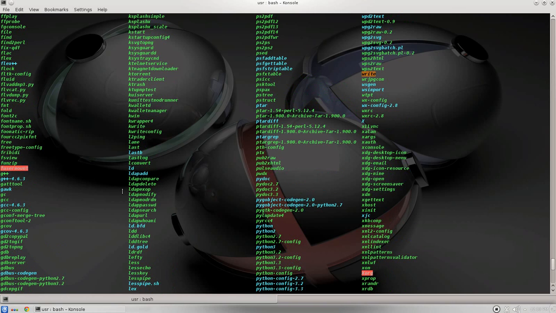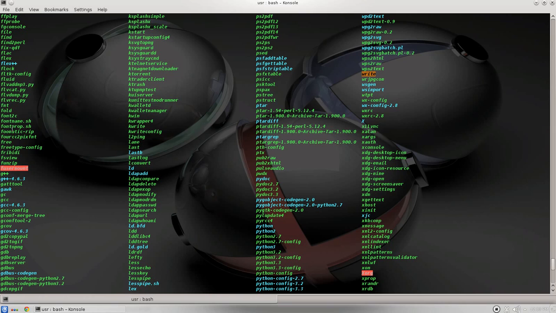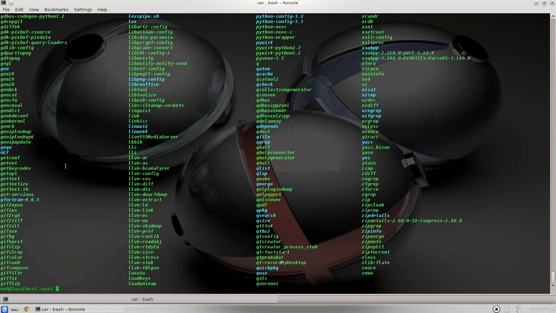Of course you can use this as commands like G++ and all, but these are all not the default Linux provided programs. So these are basically the applications. Whenever you install application, if it has a binary, you can see the binary file here,